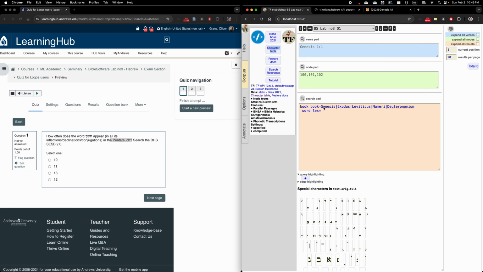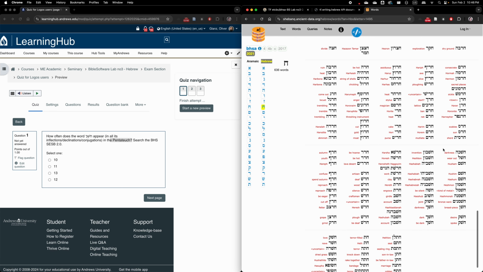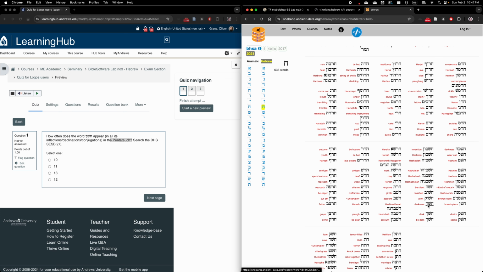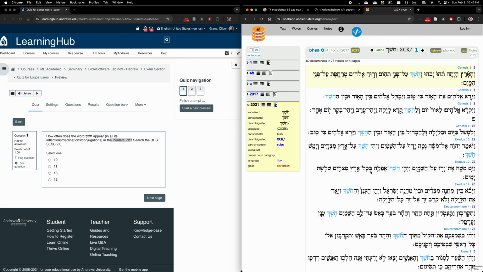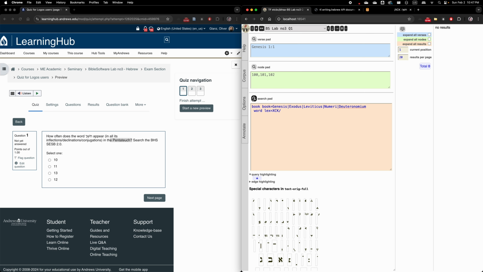But before I write this, you could also go to Shebanq and look up the actual word with its transliteration in the dictionary. So you can go to words, and then choshech, here we are, chet, reish, shin, kaf, here we have darkness, choshech. Choshech, you see here, is exactly the way it's written, and this is actually the transliterated form. So we could just copy and paste it from here, paste it in here, and we are good. So let's run the query, search,